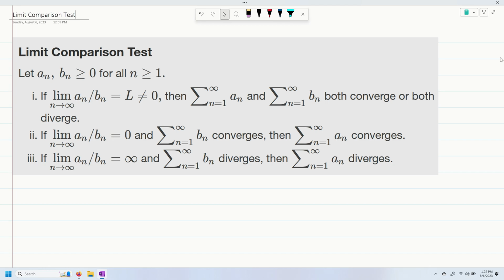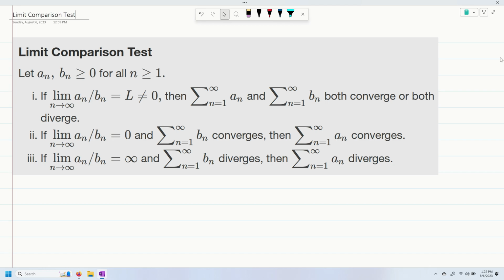So we let a sub n, b sub n both be greater than or equal to 0 for all n greater than or equal to 1. And then we have three cases here. If the limit as n goes to infinity of the ratio of the two sequences equals L and L does not equal 0, then the summation of n equals 1 to infinity of a sub n and b sub n both converge or both